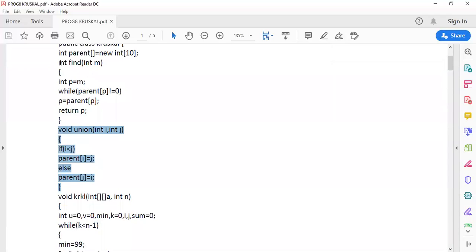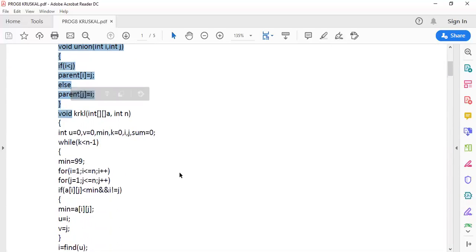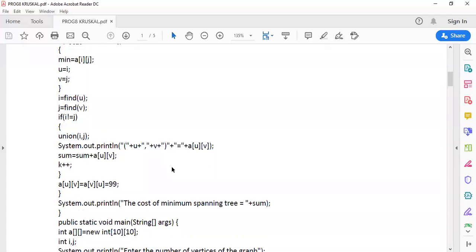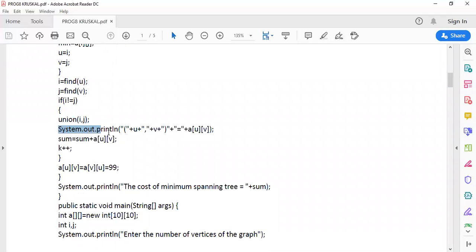So now in detail, I have explained the function of find and the function of union algorithm. So let us move further. Moving further, we have added the first edge to the minimum spanning tree. That edge, we are going to print it. The edge that is being added is 1, 2 and the cost is 3, and you are updating it to the sum variable. So sum holds the cost of the minimum spanning tree, and when you are adding each edge to the minimum spanning tree, you should add that edge cost also to the sum.